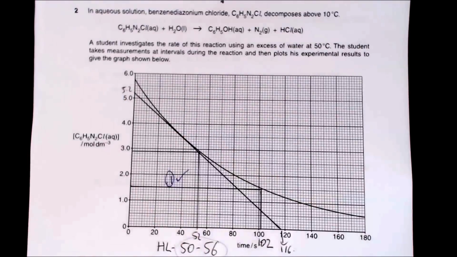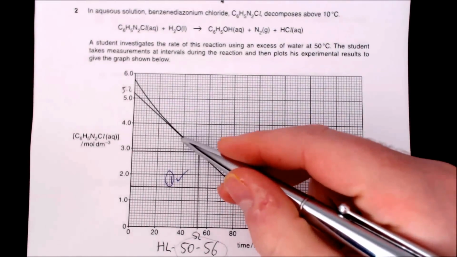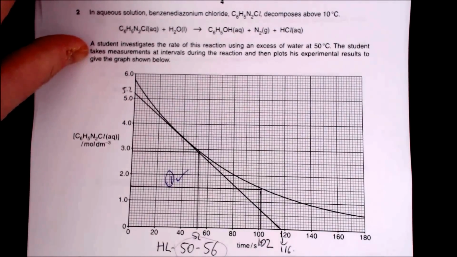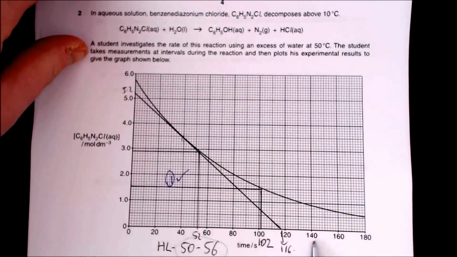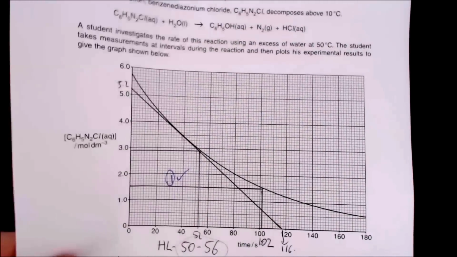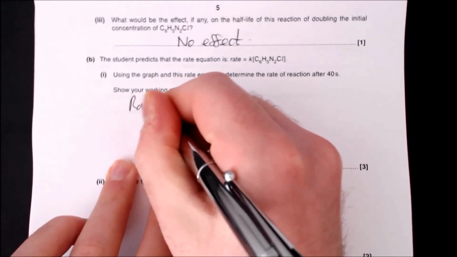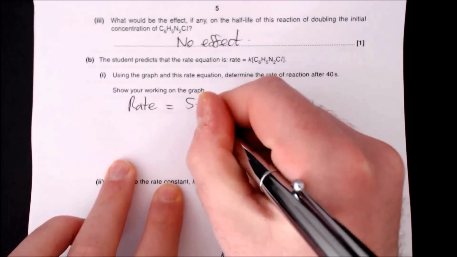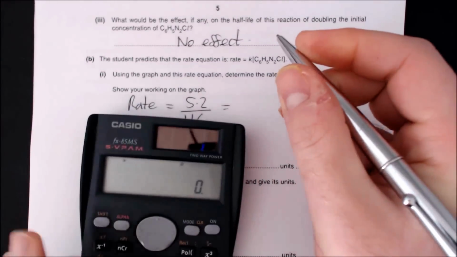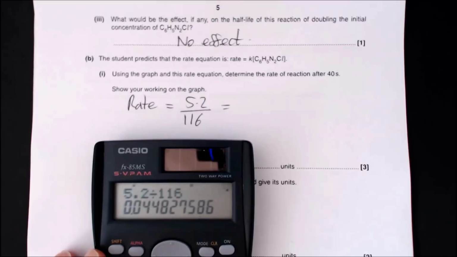The rate is always the tangent, as well as the gradient. Because this is a curve, we have to draw a tangent against the 40-second mark, which is there. So to work out the gradient, it's the change in y over the change in x. That's 5.2 divided by 116. So we're going to write that down. The rate equals 5.2 divided by 116. Then if we bring in our calculator and put that in, 5.2 divided by 116, we should get